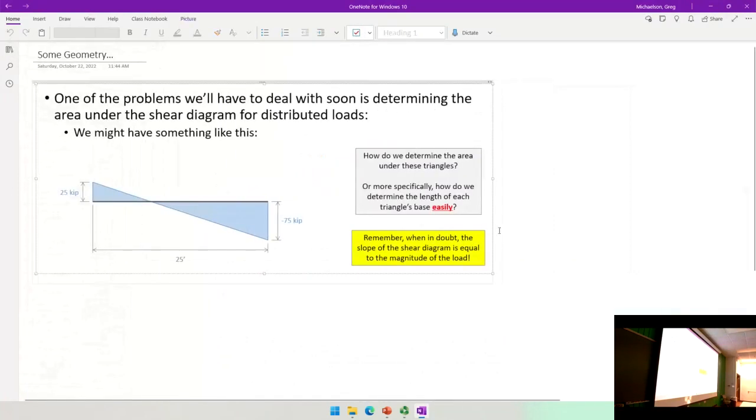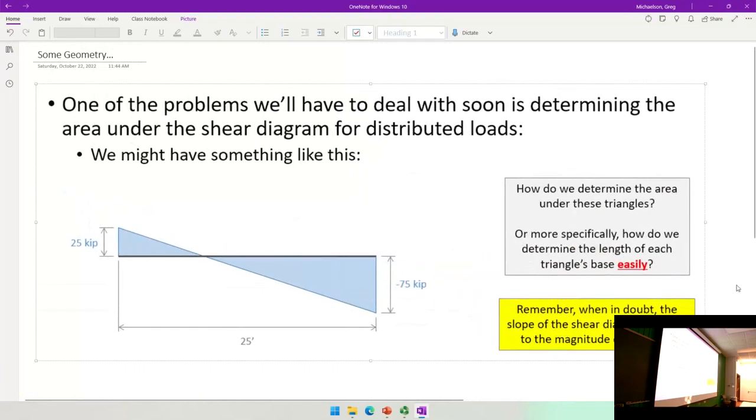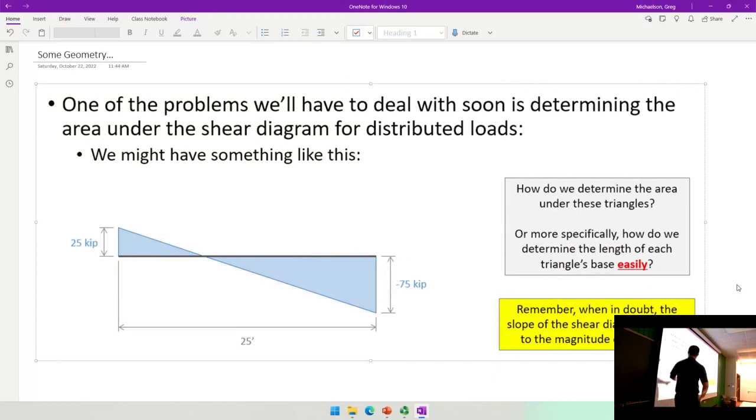So let's take a look at this sort of geometry problem, okay? Now I have, let's say, this segment of a shear diagram that looks like this, okay? And we have a shear diagram that jumps from 25 kips down to, let's say, negative 75 kips, okay? And what I need to do is determine the area of this triangle and the area of this triangle, okay? I'm going to show you a really basic way to do that, okay? Now, the first thing I'm going to do is determine the slope of this line, okay? And the way I'm going to do that is I'm going to say, all right,